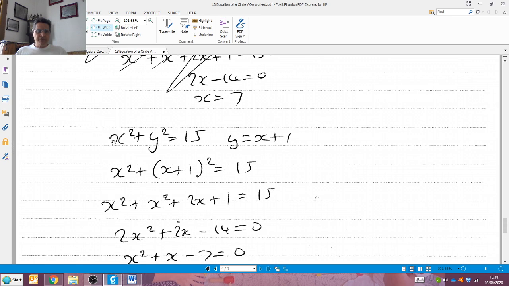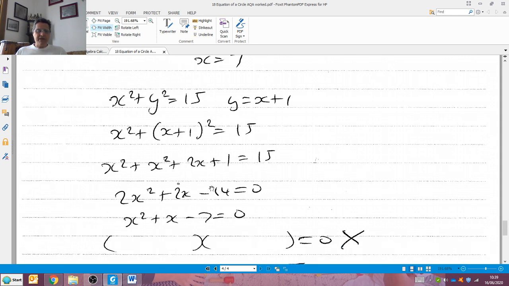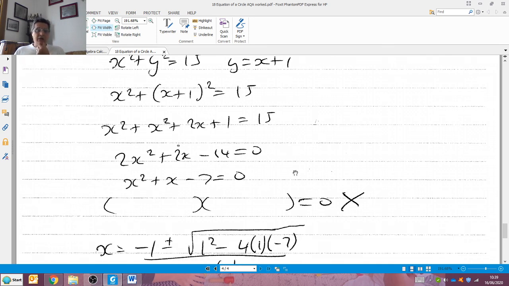Right, I've got this circle and that line. This is relatively easy because I can see that y squared will be this term, (x plus 1) squared. So it's quite easy to slide that straight into there and get this, and the y's have gone. So if you now multiply this out, that will give you x squared plus 2x plus 1. I brought my 15 over and subtracted to get minus 14, because 1 take away 15 is minus 14. I divided everything by 2, and it looks like I've got a very easy grade 5